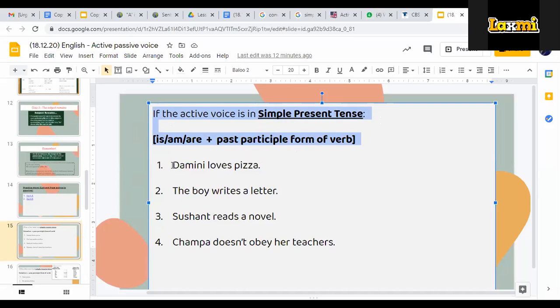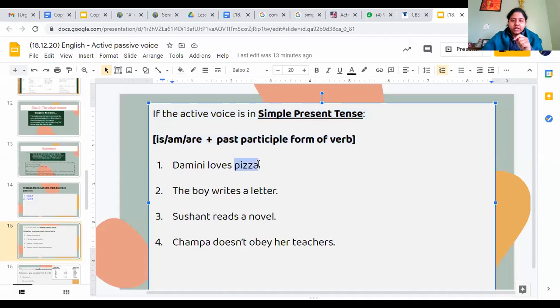Now Shubham has already sent the first answer, but we'll just deep dive into how we are doing it. ठीक है? Just for the first one, again we'll follow the 3 steps. First step, interchange subject and object. तो Damini is the subject, pizza is the object. तो ये दोनों तो change हो जाएंगे. So if I start writing the answer here, pizza बन गया हमारा object. Now next what we'll do?